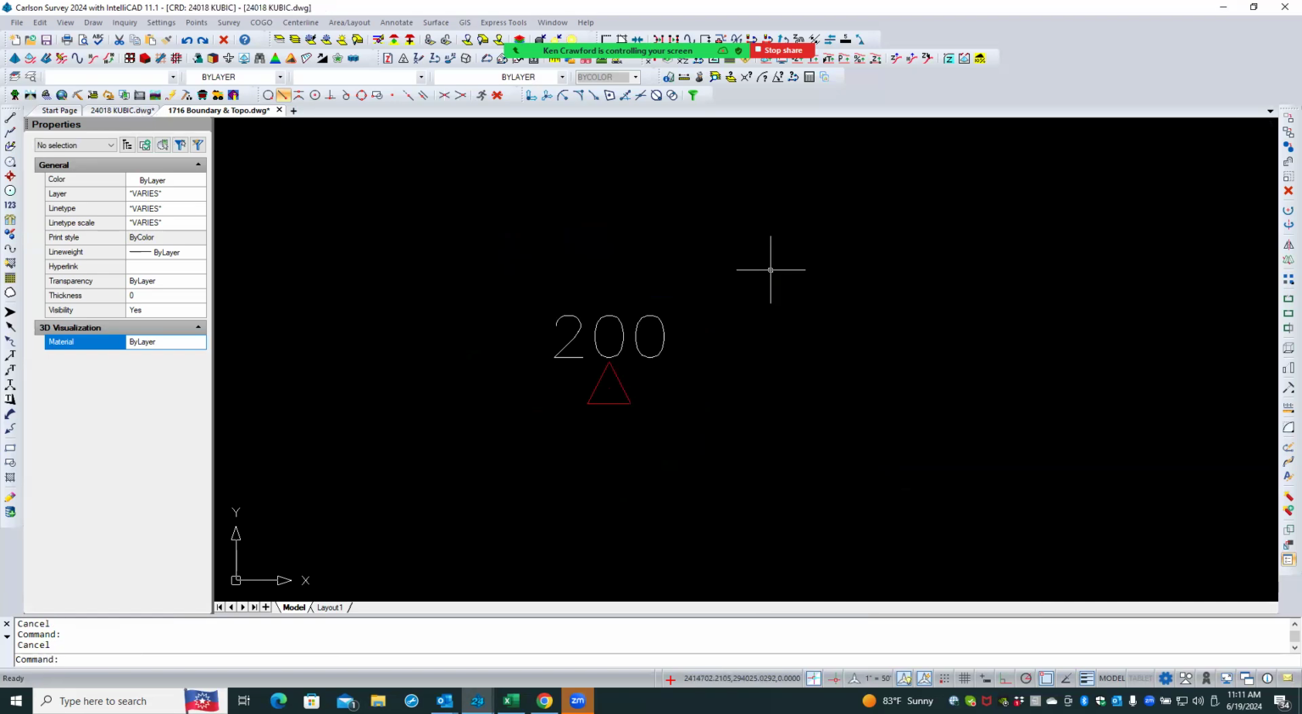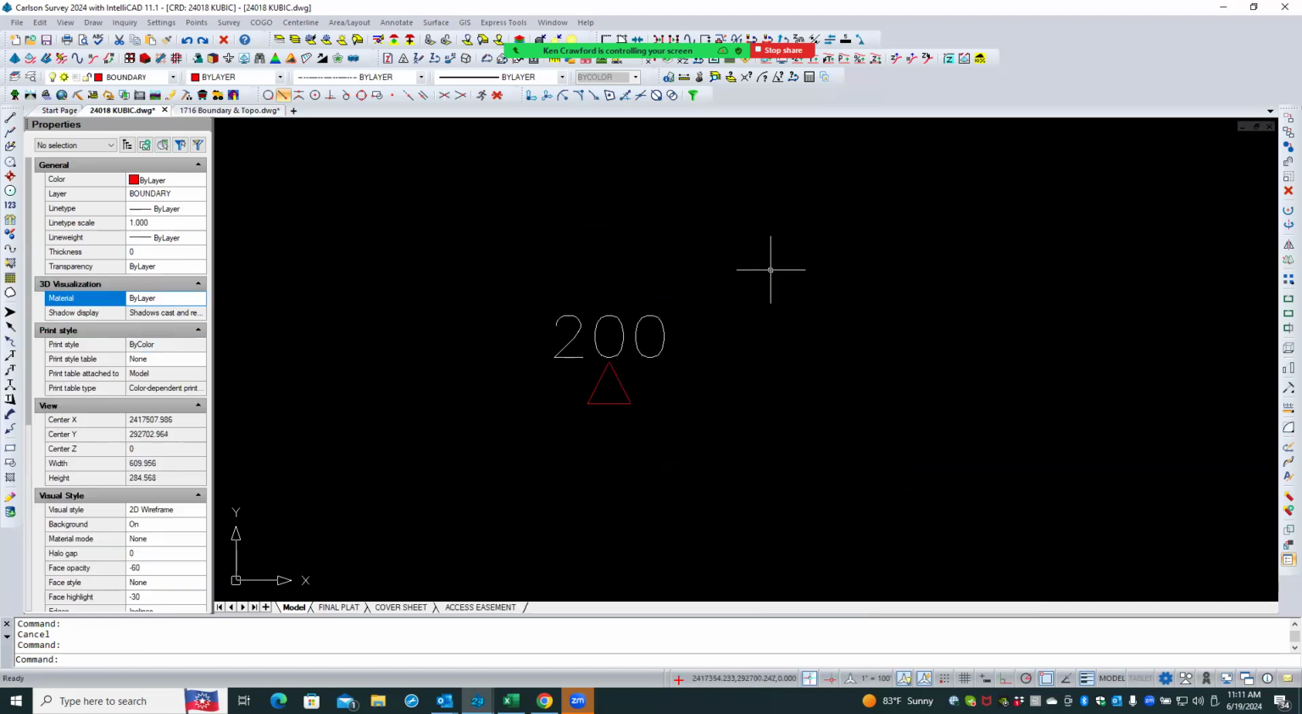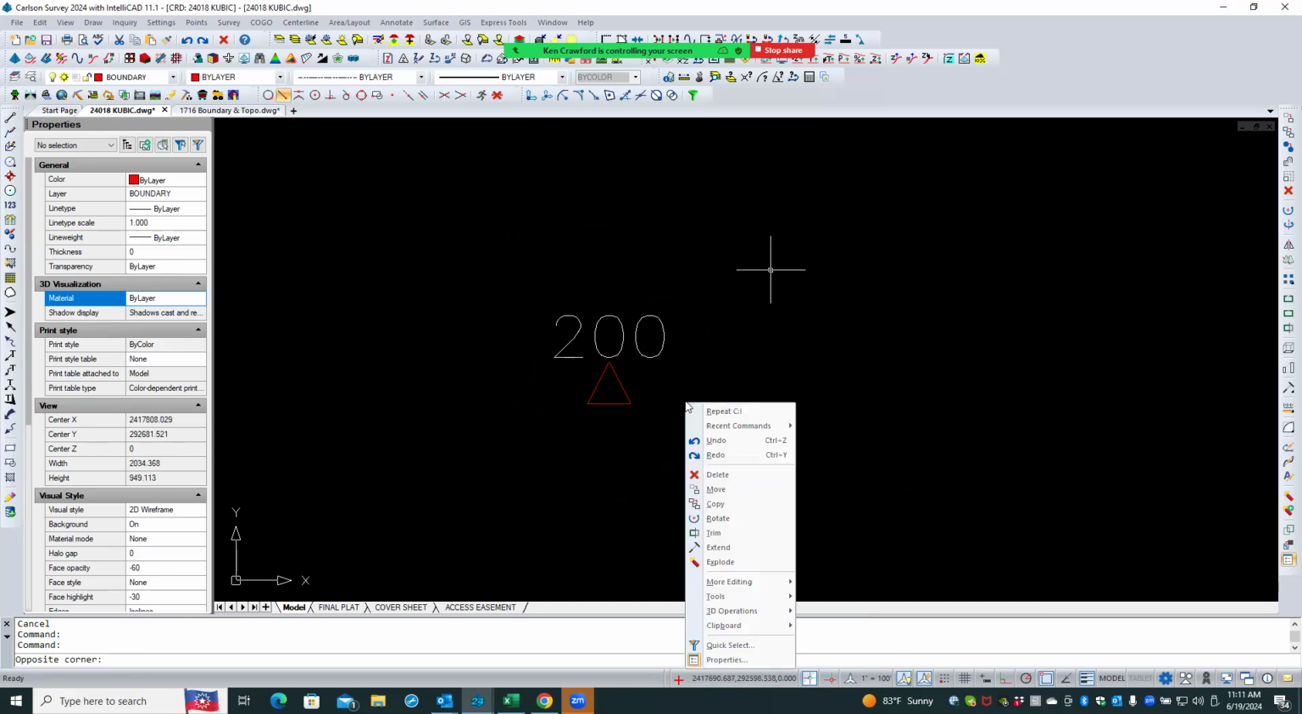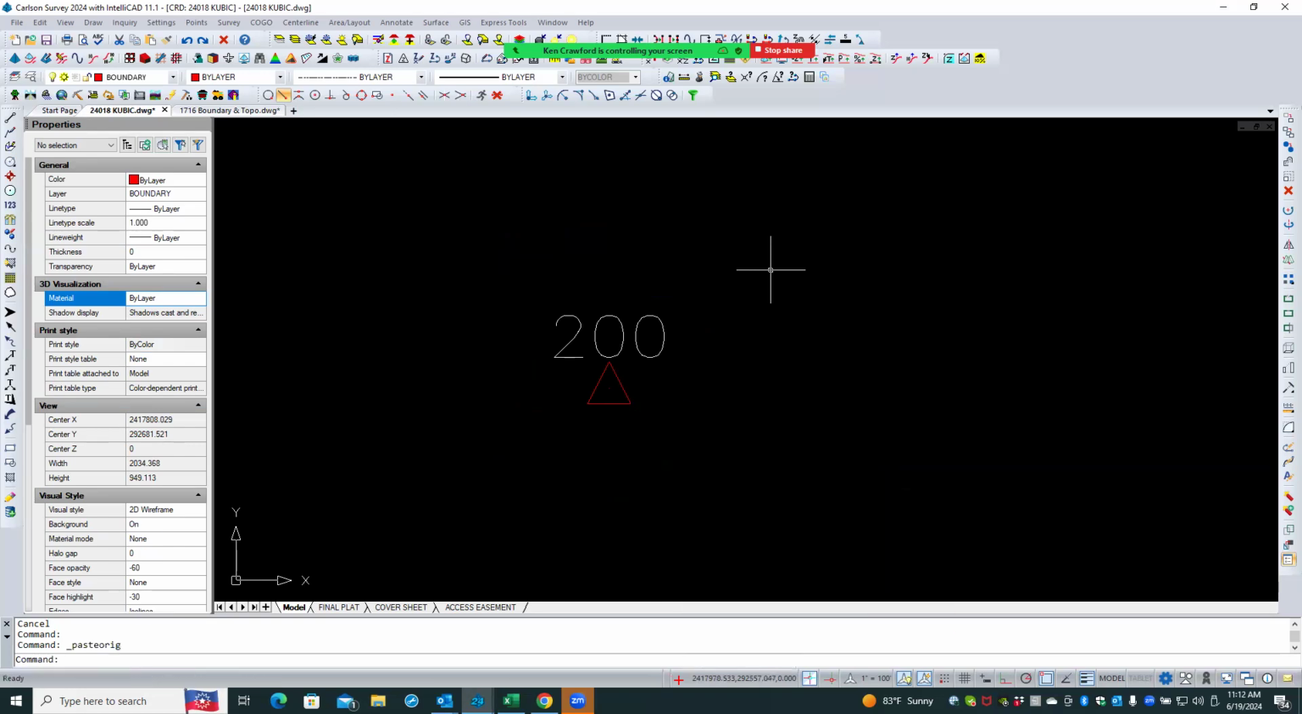And then over in your drawing, you're going to go over, where you are here, you're going to right click clipboard and paste to original coordinates. Okay, and when you do that, then